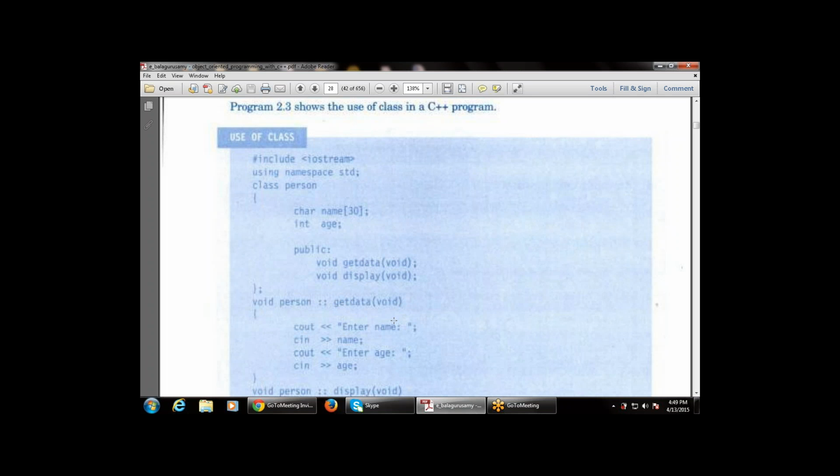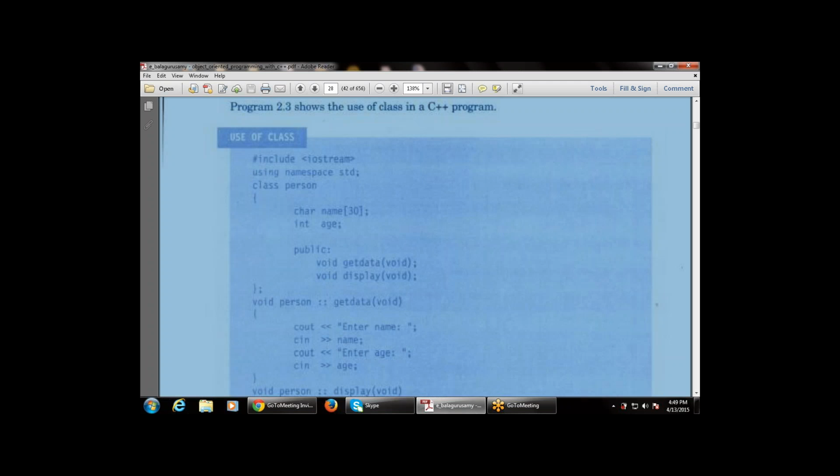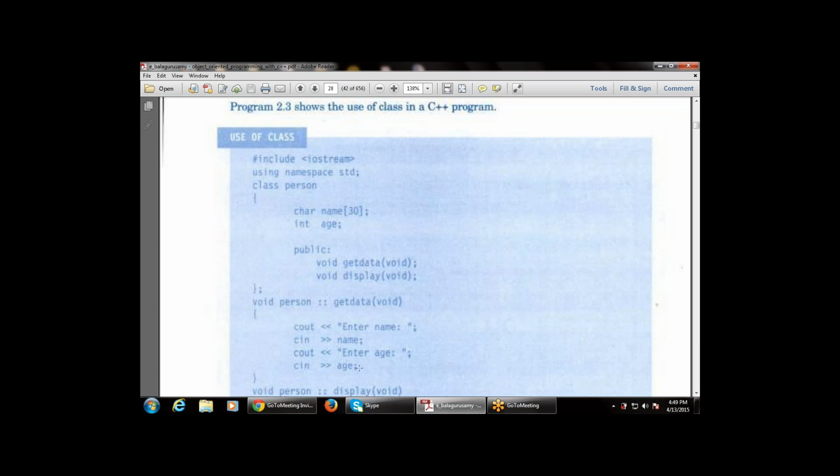Then cin is used to enter the value into the storage, that is cin name. Then enter the age, that is the next part. So one is cout, one is cin, one is cout, one is cin. So entering first the name, then entering the age. Then the name will be stored in the memory, then the age will be stored